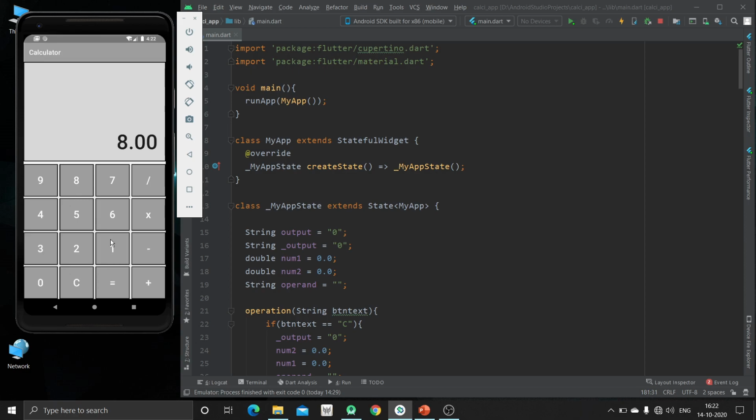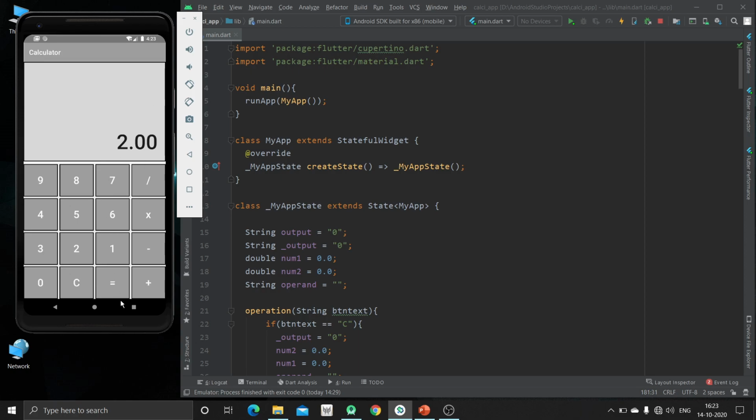Now 8 multiply 4 equal to 32. Now just clear. Now 9 multiply 3 equal to 27. Similarly, we can perform other operations also, like 9 minus 7 equal to 2.